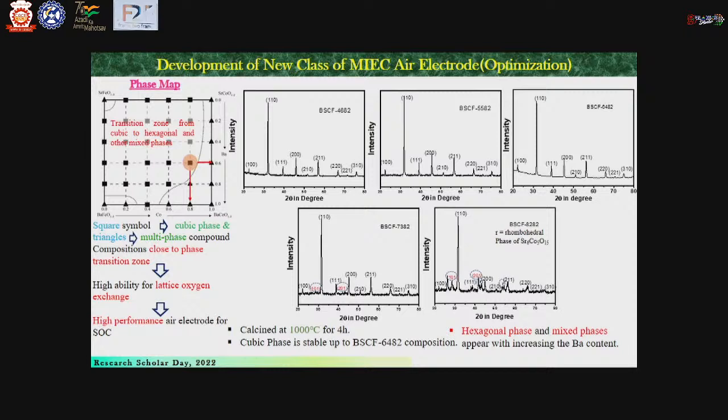From the X-ray diffraction analysis, we have obtained that the cubic phase is stable up to BSCF 6482 composition, that is barium with 0.6 mole% as shown in this phase map. And when we increase the barium content from the 0.6 mole%, we have observed that the hexagonal phase and some mixed phases appear. Also from the phase map, it is clear that the composition close to the phase transition zone, that is 0.6 mole% barium, has the high ability for the lattice oxygen exchange